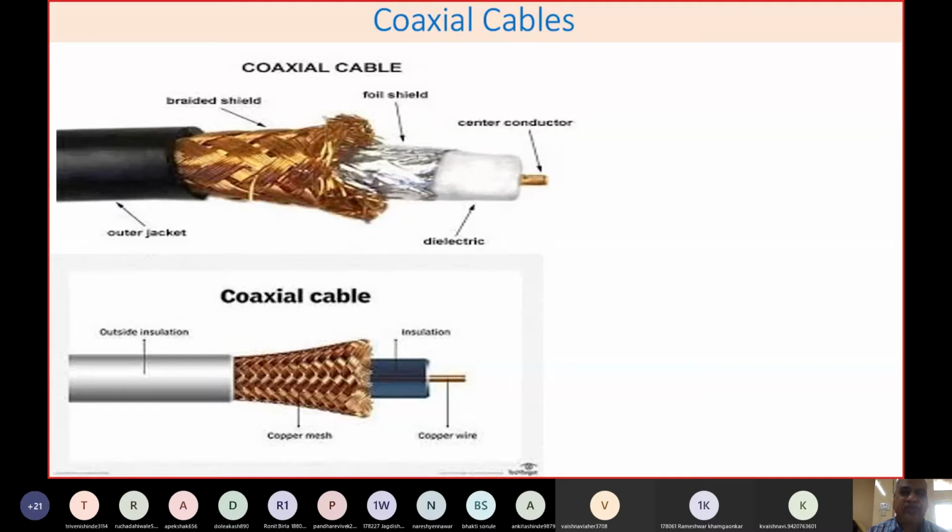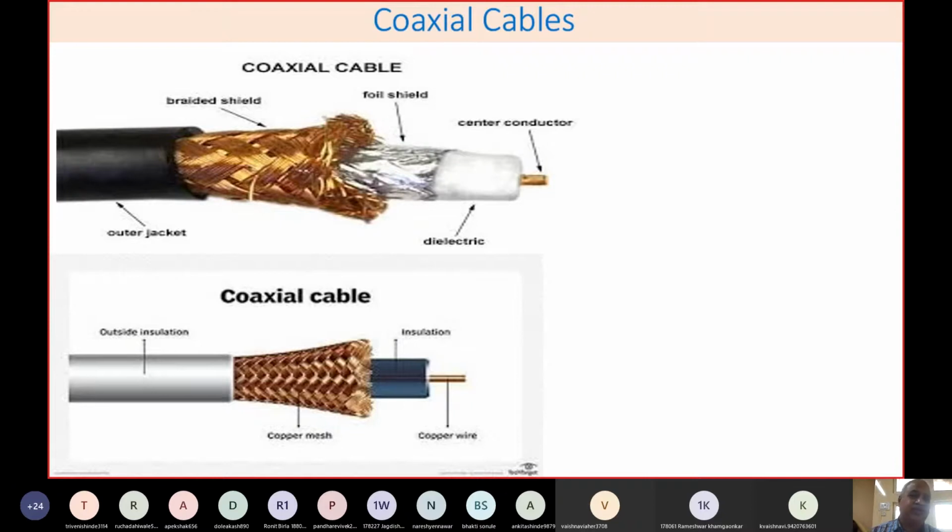I believe you have studied this earlier or somewhere. Now, when you talk about the coaxial cable, normally this is a cable which everybody might have coming at home through what we call cable television. Mostly cable television people do use coaxial cable. Now these people also have switched over to optical fibers. But if you see, this is the typical structure of coaxial cable.